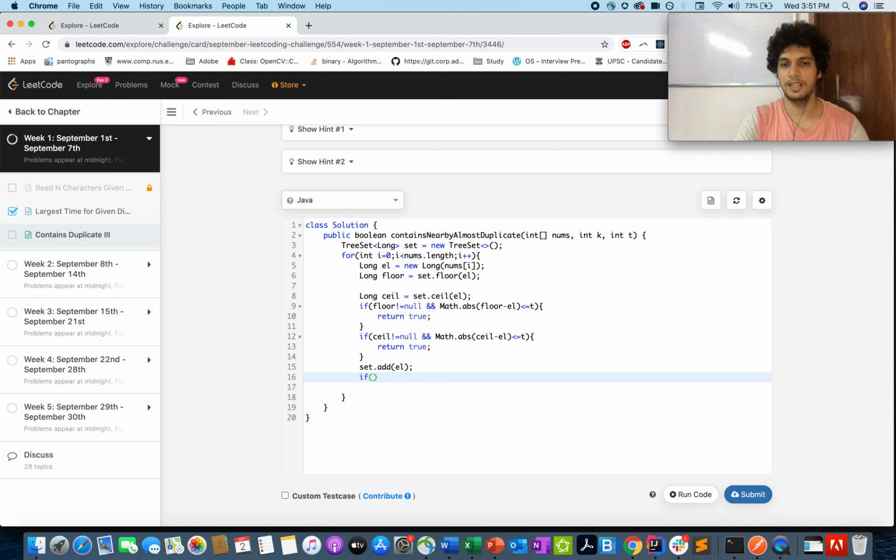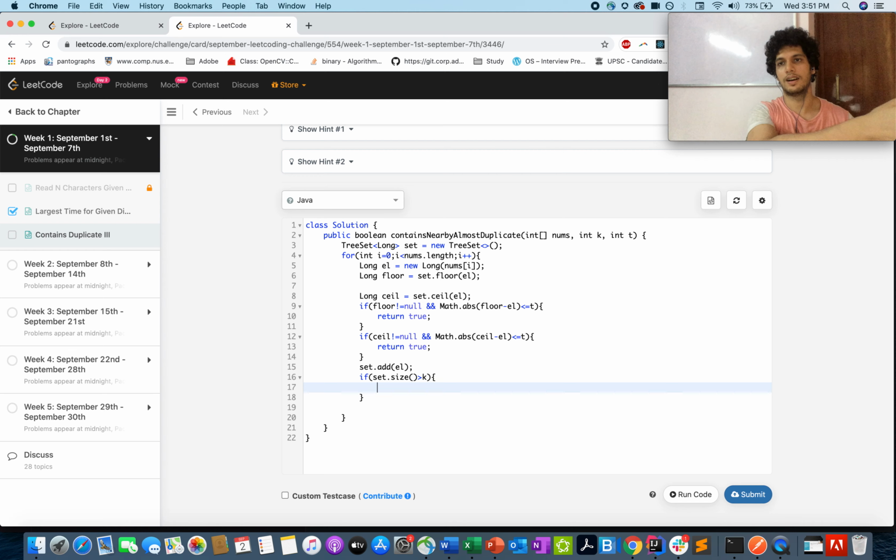The other check would be the size exceeding part. If set.size is greater than k, remove the element that was added k times back, other than the current value. set.remove. What you're going to do is remove nums of i minus k, and you will cast it to long as required, otherwise it will give us an exception.